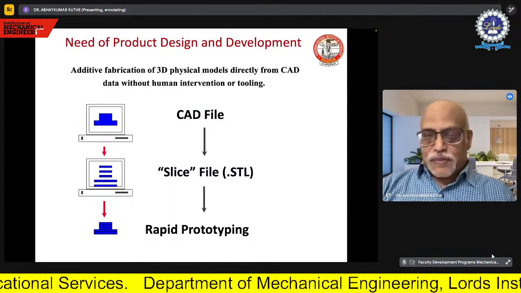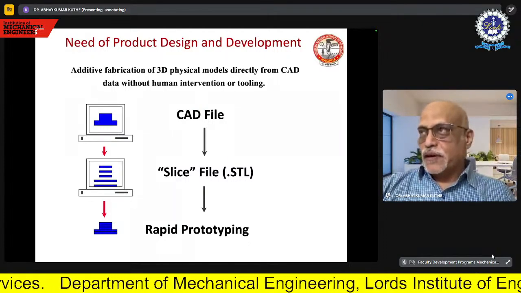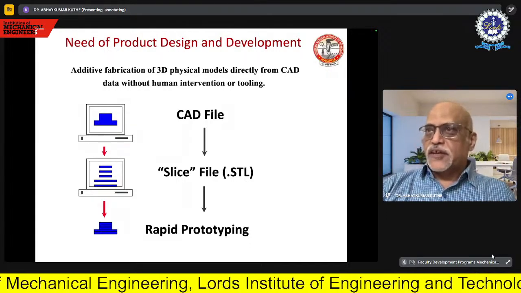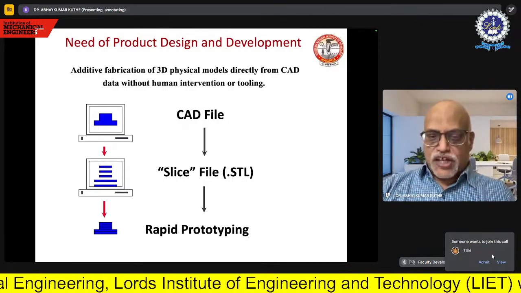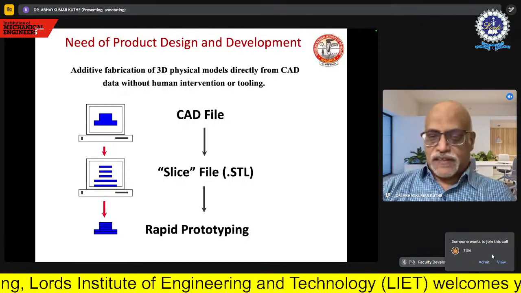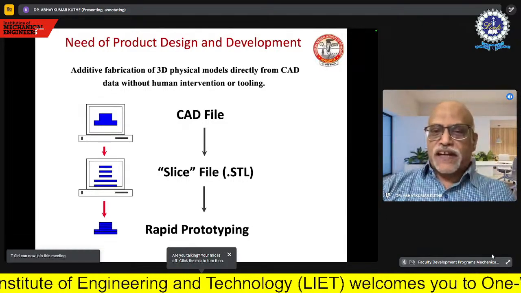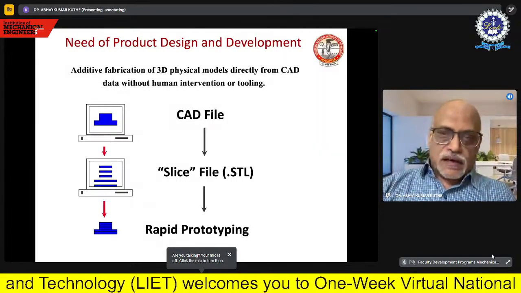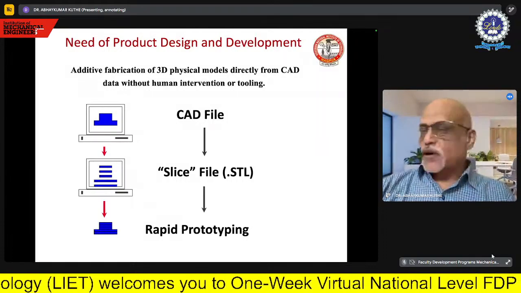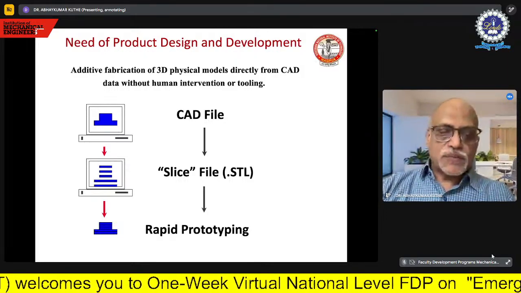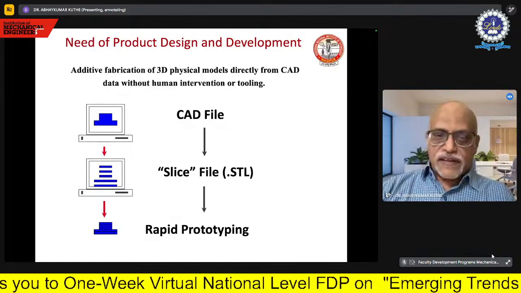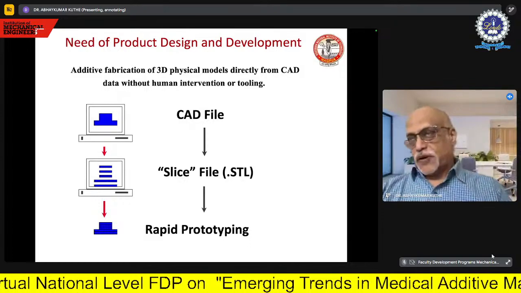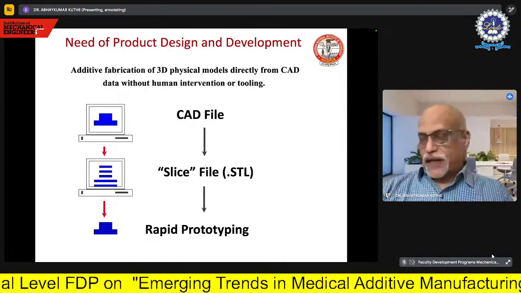But if it is to be explained from the technical aspects, I think this figure is self-explanatory, and it gives a very nice explanation of rapid prototyping, or what we call 3D printing. In the figure, it is shown that if you get a CAD file, what we generally call a solid model, you can slice it into the format called STL file. As you can see there, it has been sliced into different layers. And this data, if you send it to the machine, will give you directly the physical product. That's what we call a rapid prototyping model.